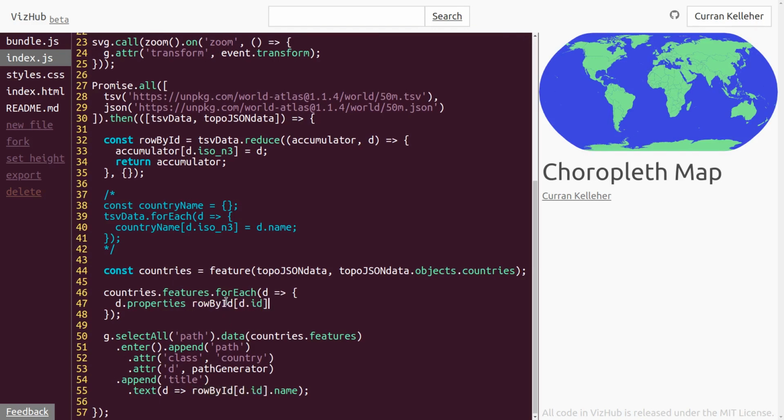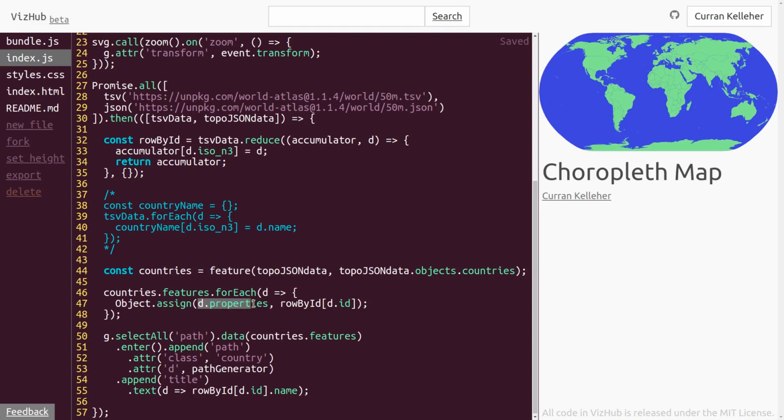So we've got the row by ID and we've got properties, and what we want to do is take all the properties from this object and assign it onto this object. And to do that, we can use Object.assign. If we say Object.assign d.properties, row by ID d.id,